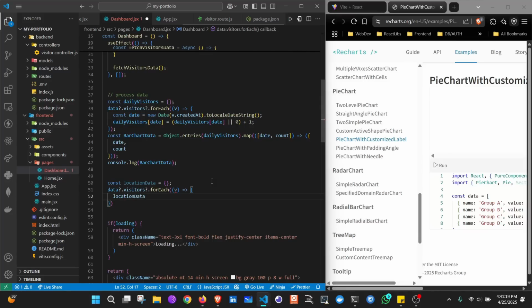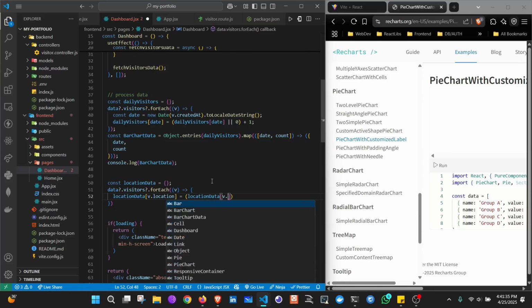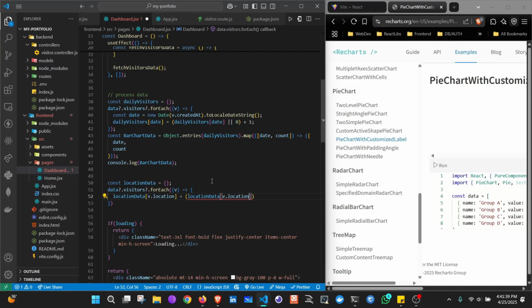So locationData of v dot location is equal to, if locationData of v dot location exists, then we'll take this, or we'll take 0, plus 1. So we are counting the total number of visits from that location. Then after that,